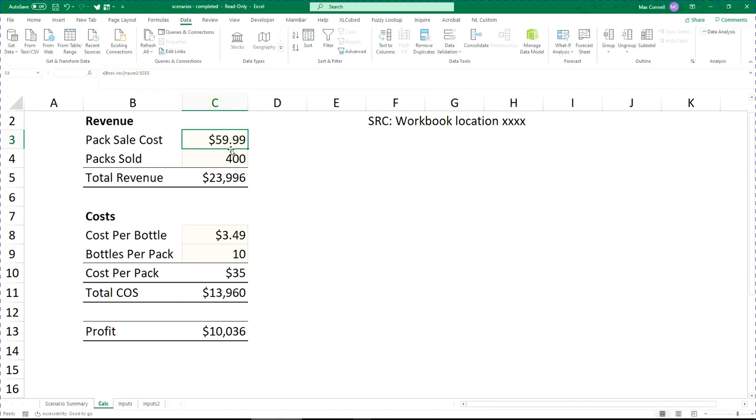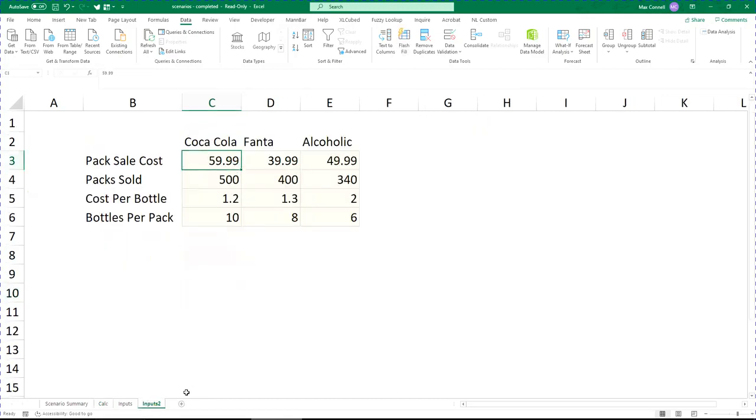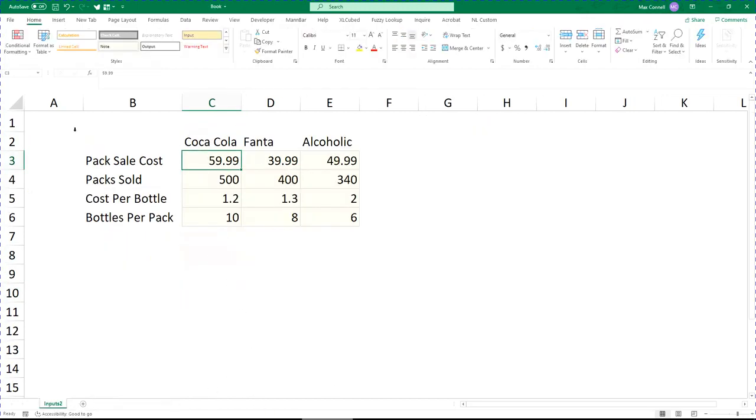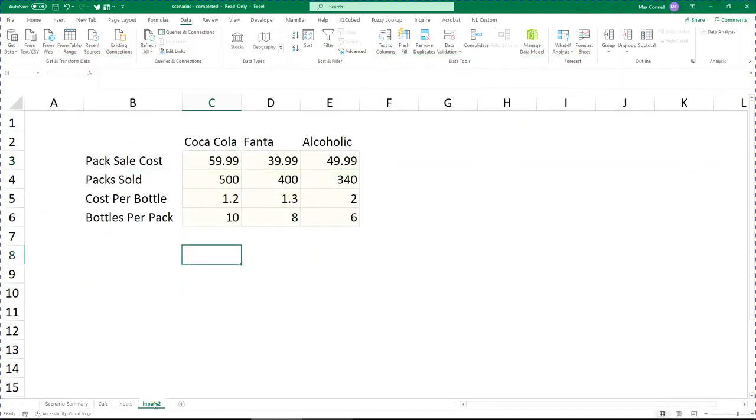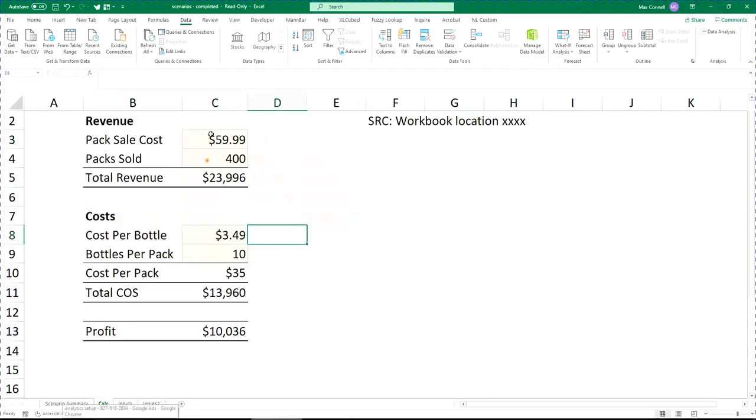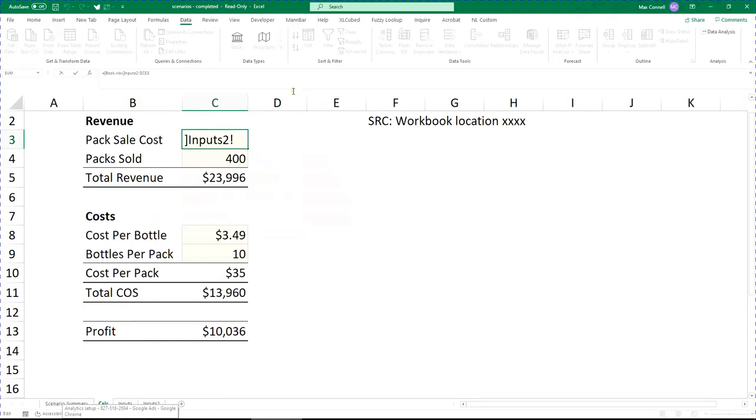So now the next thing that I want to do is update that cell reference so that it's linking into this tab, which is identical, instead of to this workbook, to that cell. There are two ways we could possibly do this. The first way is we can just go in and manually update the formula. Because the tab name is exactly the same and the cell reference is exactly the same, what we can do